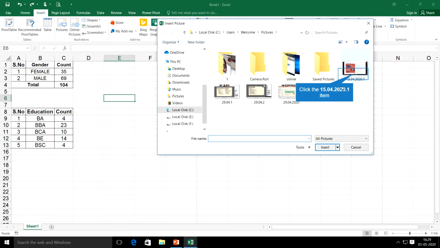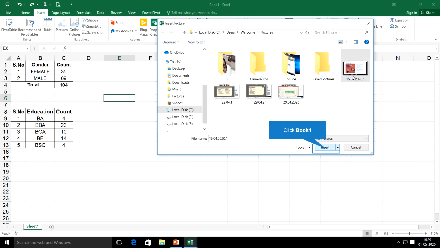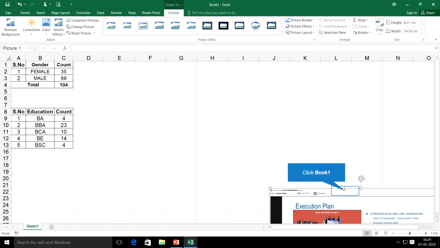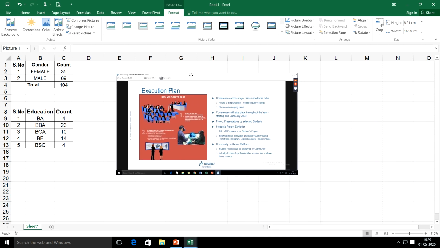So here these are the images I have. So I can select any of the images and click this insert button. So I'm clicking this insert button. Once I click on that, my image will be inserted,